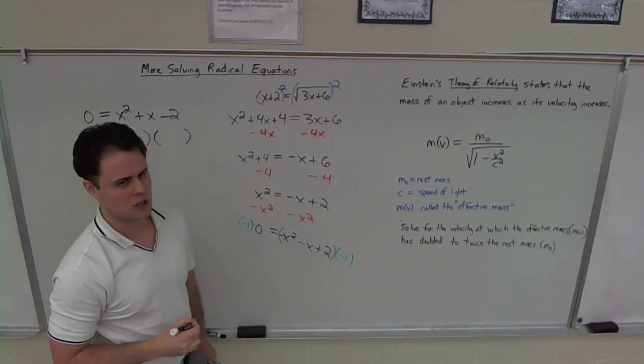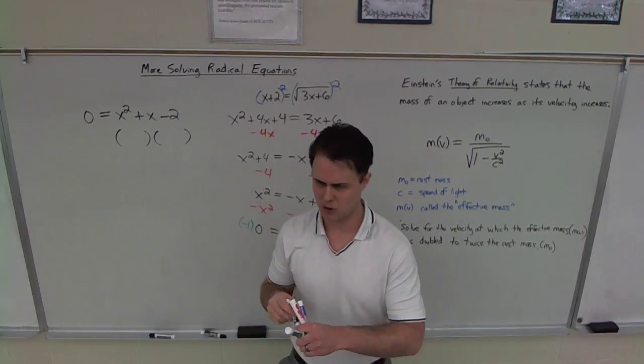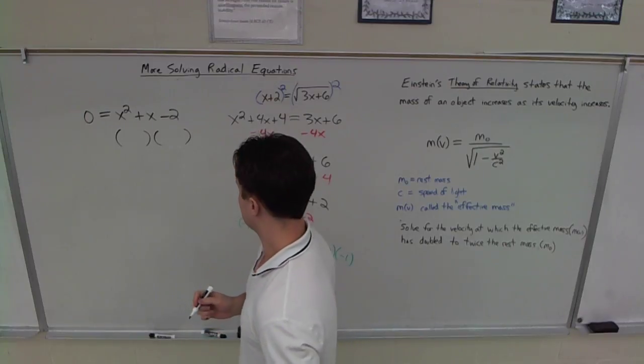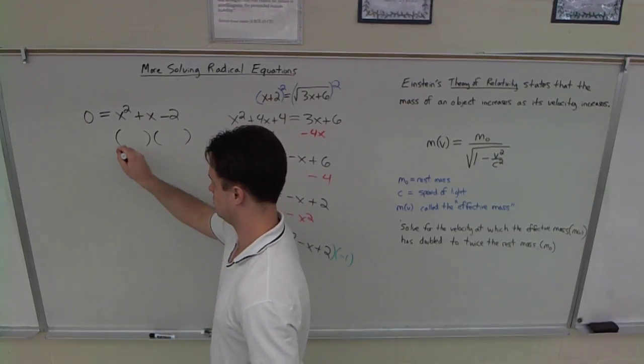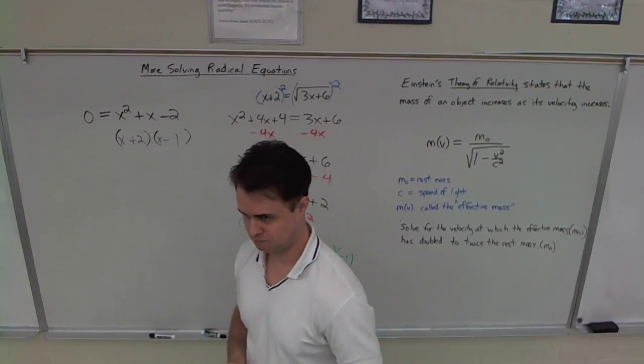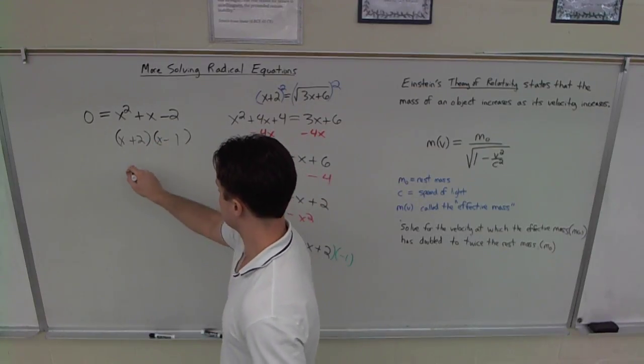I don't think I gave you any where you need your formula on this assignment, by the way. You shouldn't need the quadratic formula. Maybe I'm wrong, but I don't think so. What does that factor as? Plus 2 and minus 1. So our answers are